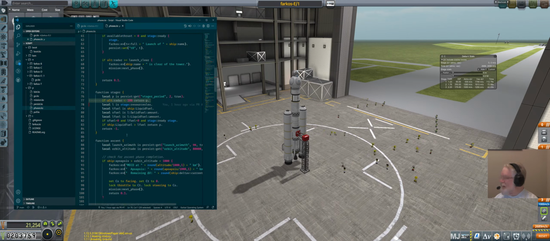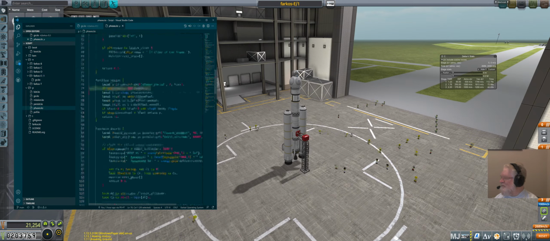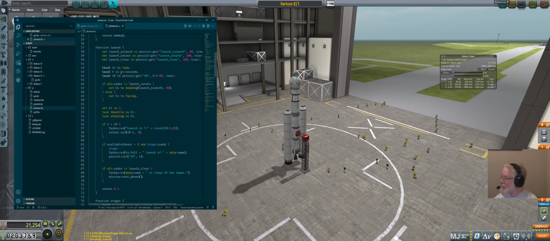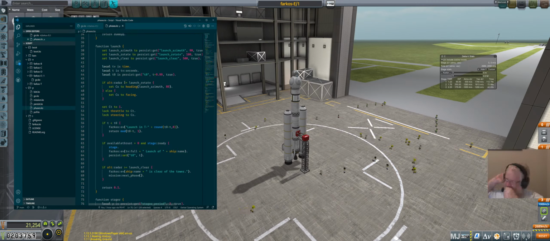The alternative is for the launch phase here to be responsible for all the initial staging. So augment launch so that when launch runs here, if available thrust is 0 and stage ready, then it stages. Okay, and it's going to register start time. So we would have to add code right here